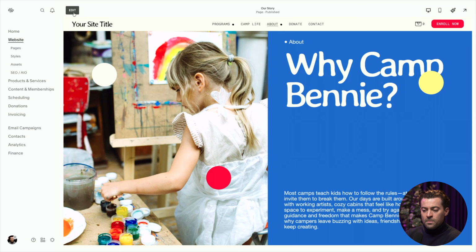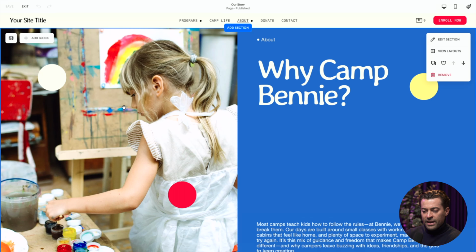Something that I see requested a lot in forums or in Facebook communities for Squarespace is the ability to make your gallery a lightbox. And what a lightbox means is when you click on an image, it pops up and you just see that image zoomed in. So what I'm going to do in this video is show you really easily where to find it and how to toggle it on. So on our site here, if you go into a page by clicking on edit,